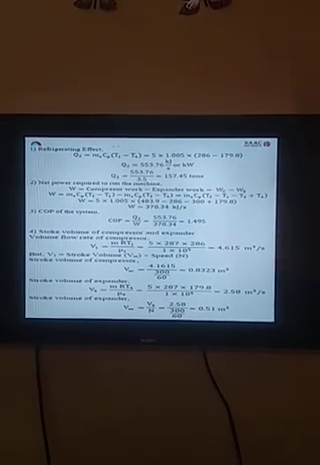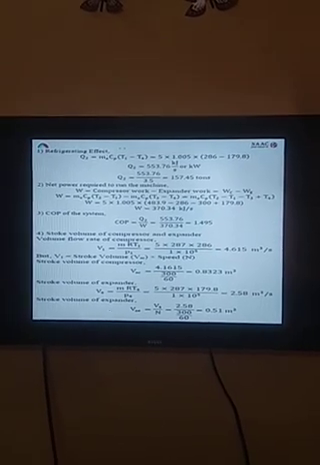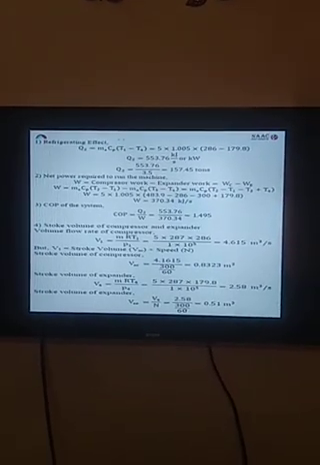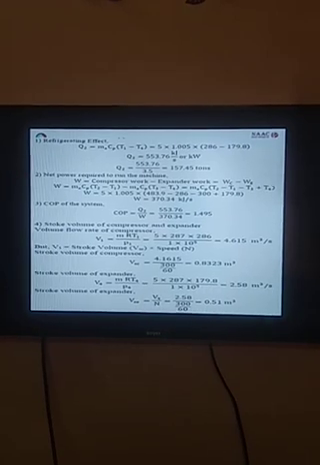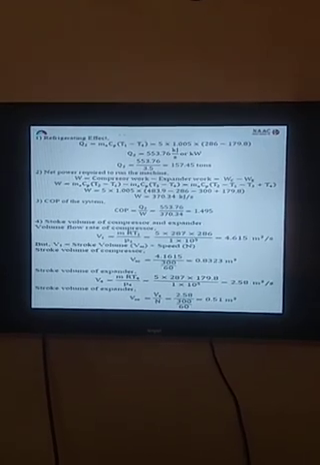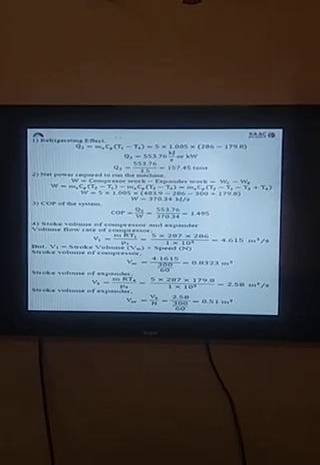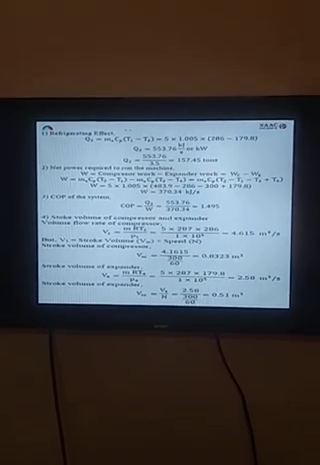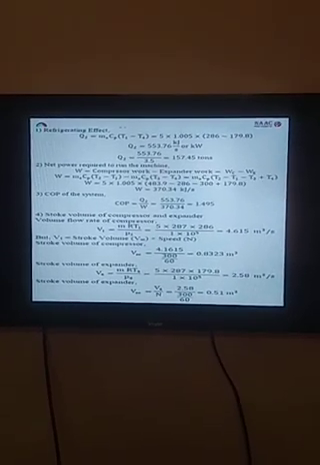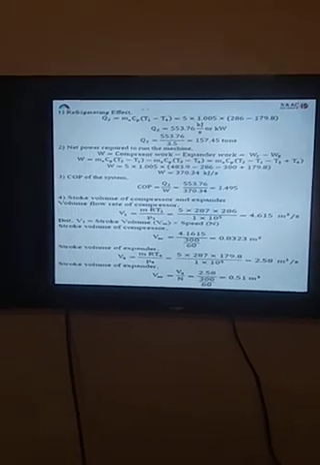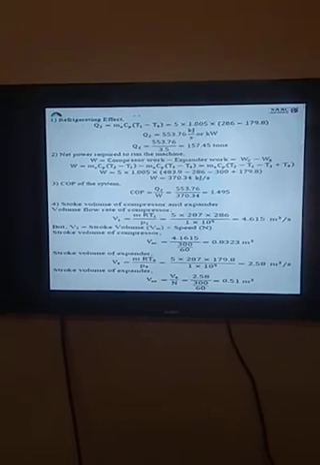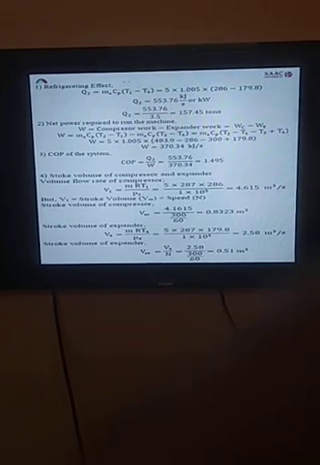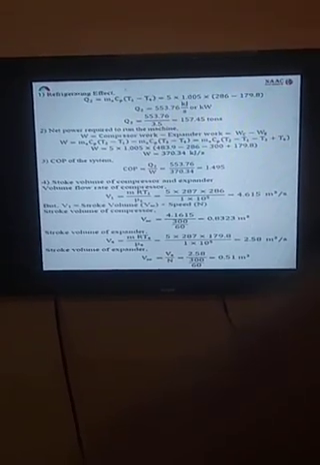Q2 value which we have already calculated. Now here we need to remember that we have to substitute the value of Q2 in terms of kilojoule per second, because the work value which we obtained, that is 370.34, is in kilojoule per second. So for unit balancing, we need to substitute Q2 as 553.76 instead of 157.45 ton. So if we substitute that, the COP obtained for this particular example is 1.495.